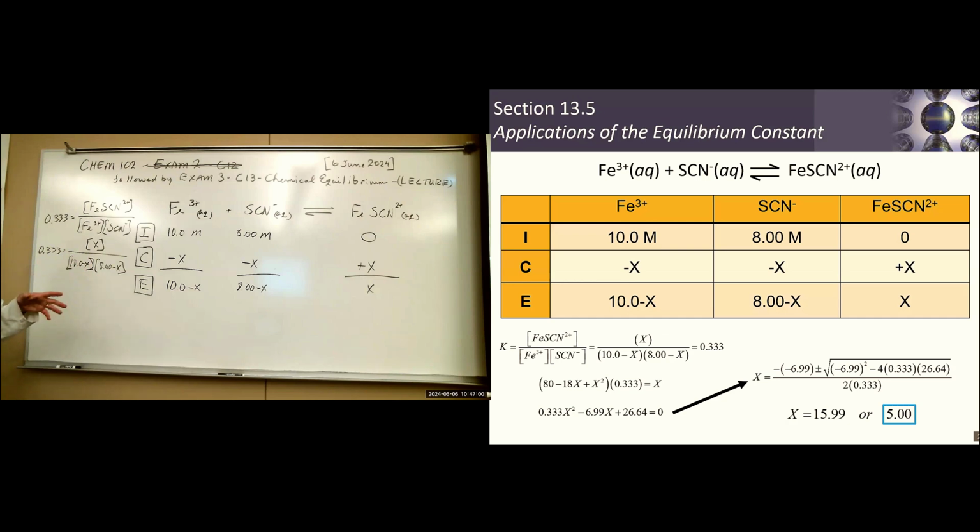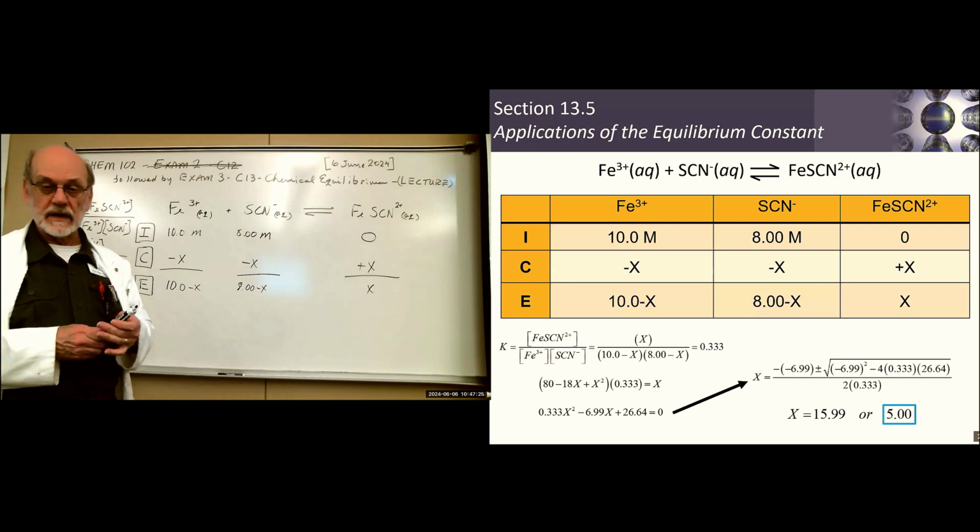So the way you find out whether it's right or not is you go back and you plug that X into all these places and say, how close is it to 0.333? Is it within 5%? If it's within 5%, you're good. If it's not, you go back, plug it in here, leave that one alone, calculate it again. And that's the way